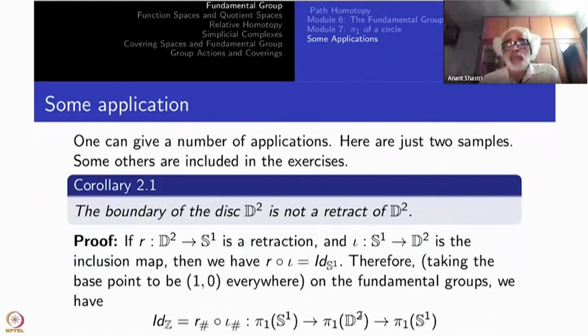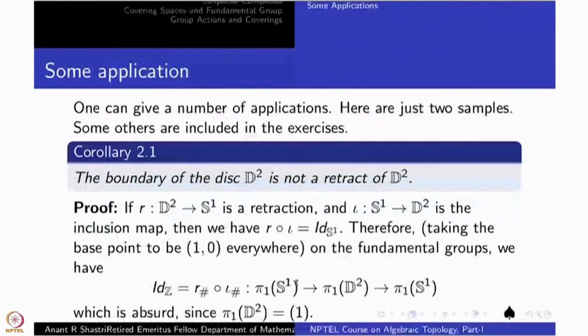Okay. So look at how a topological hypothesis here is converted into algebraic facts, and then we use that algebraic fact to conclude that whatever we started with here is wrong. Because this doesn't fit here. So you see, these are illustrations of how algebraic topology works. We will have many such things.